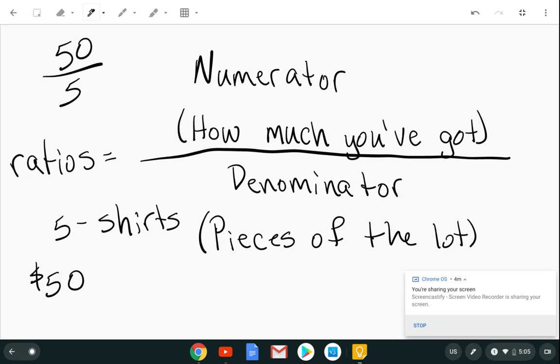There's 2 ways you can simplify it. One way is you can divide. We've went over that before. But let's do the greatest common factor. So what is the greatest common factor of 50 and 5? It is 5. So we're going to divide the top by 5, and whatever you do to the top, you got to do to the bottom. Okay? So how many times will 5 go into 50? 10 times. And how many times will 5 go into 5? 1 time. All right, so your ratio